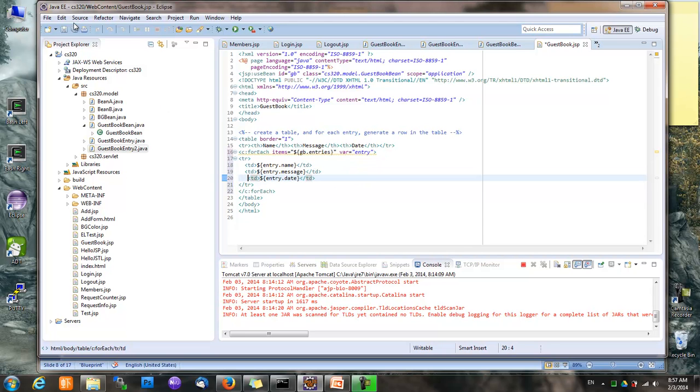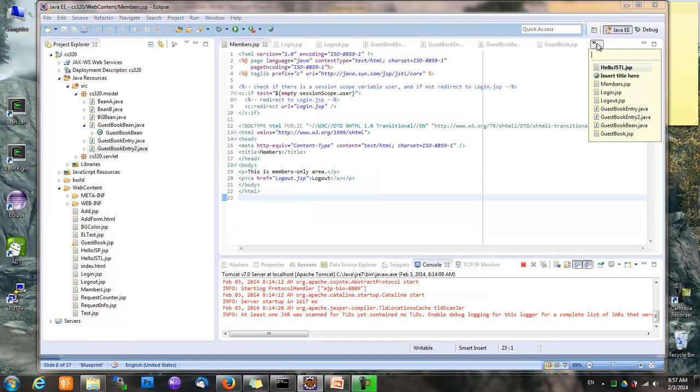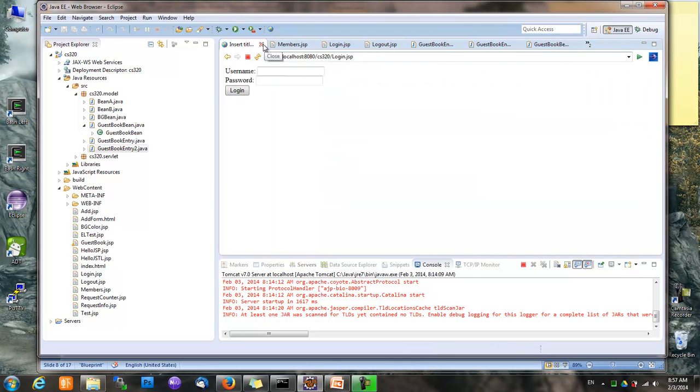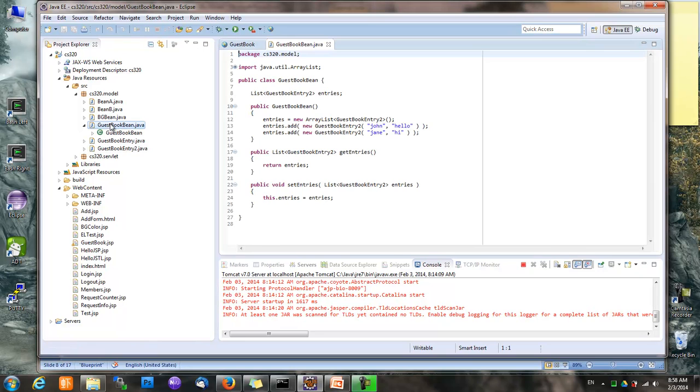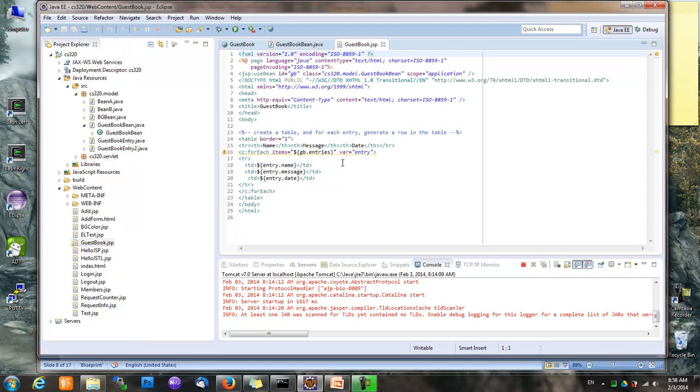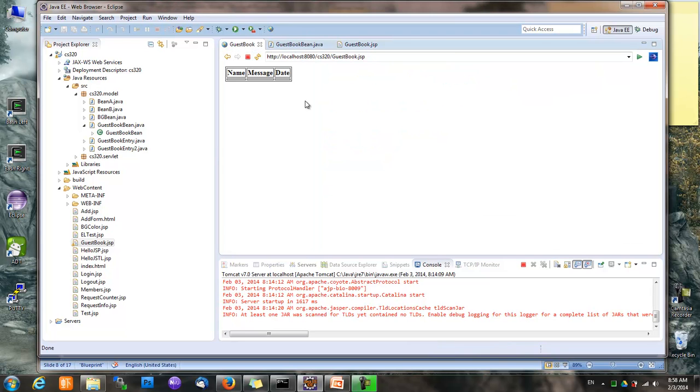And this should do it. Let's see if it works. We go to guestbook.jsp. It shows nothing here, and that is weird. Let's see, where did I do wrong? Oh, so